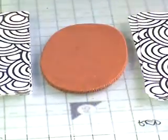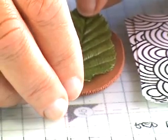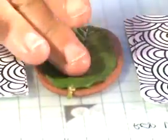I think it's a hazel leaf, I hope it is. The important thing about it is that it's a soft leaf, it's not hairy, it's not waxy, and it's got a really good vein structure on the back. So I've rolled out my clay and I've checked that the leaf is going to fit on it. So I'm just going to place the leaf up near the top part of the clay, and then I'm going to start to tap it down